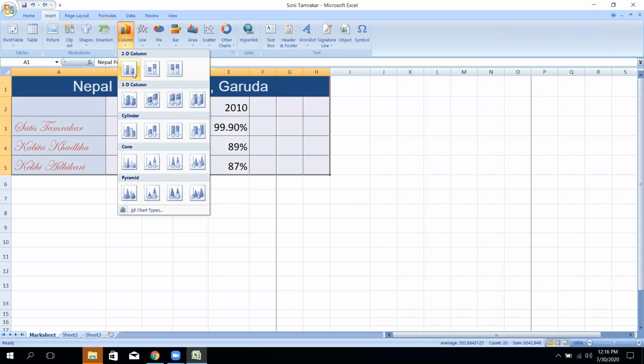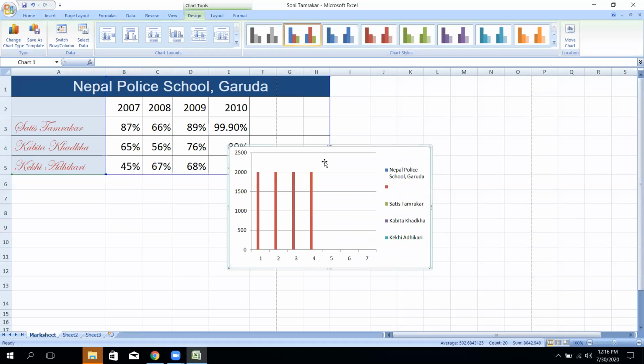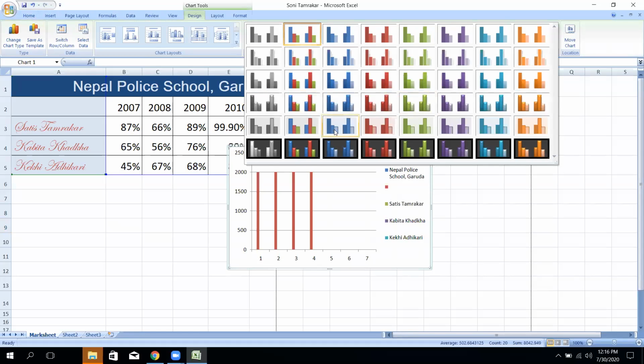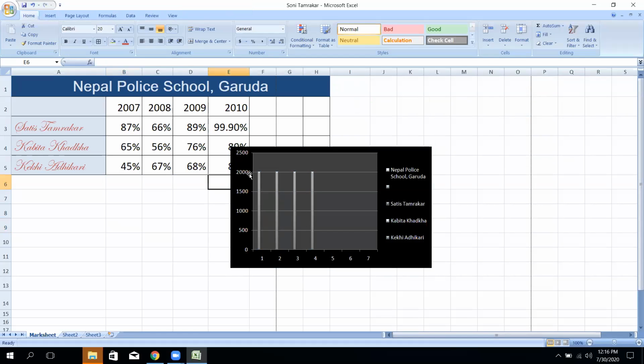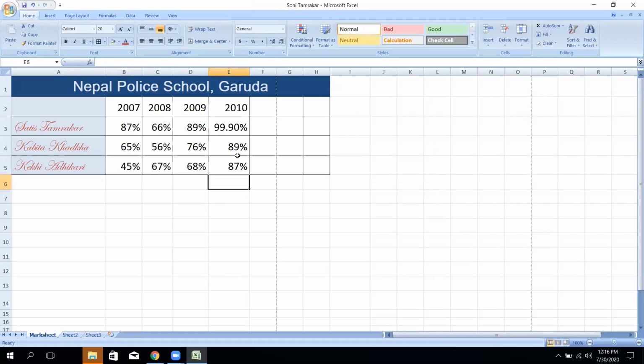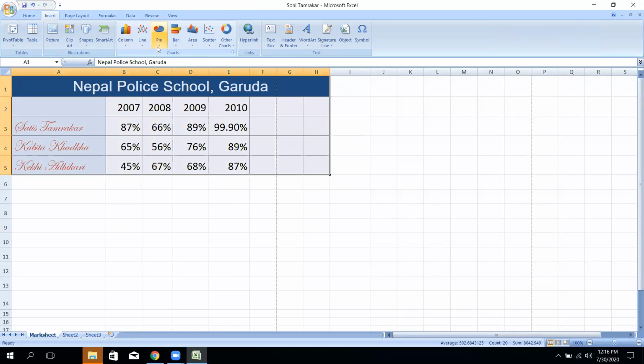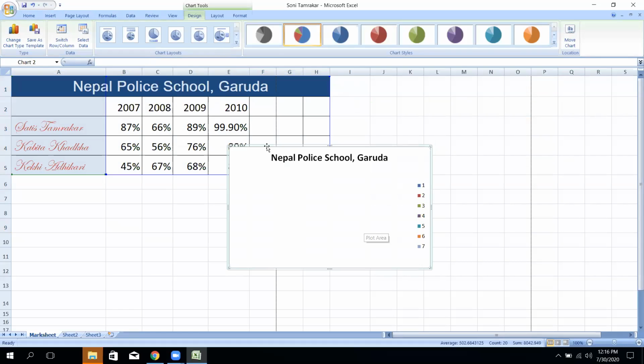Columns, you can use the columns, choose any one of them. Which column do you want to choose? There are many more columns. You can use any one table. If you want to use the chart, you can also use that chart by clicking the delete option. You can use it again. After the selection, at Insert, there is the pie chart. You can also use that pie chart. Oh, there is no selection, so it has not displayed on the screen.